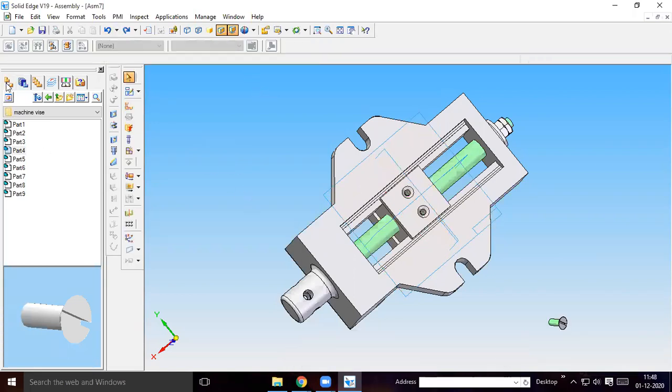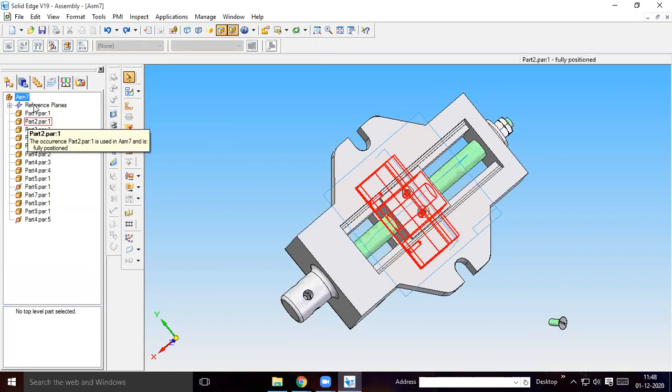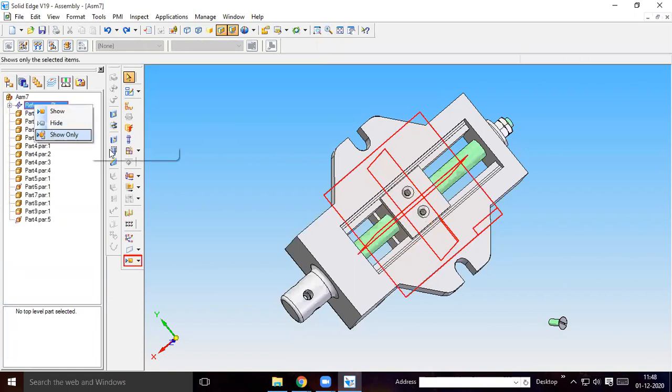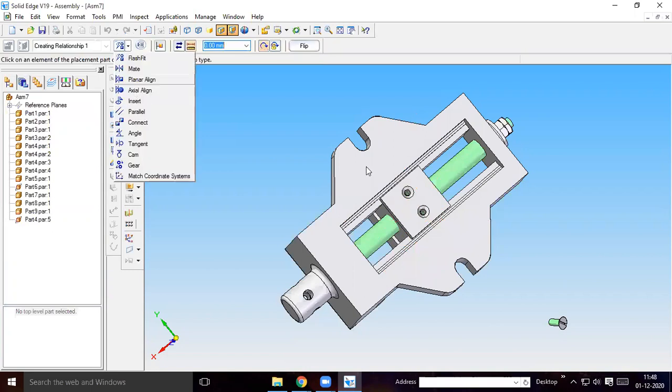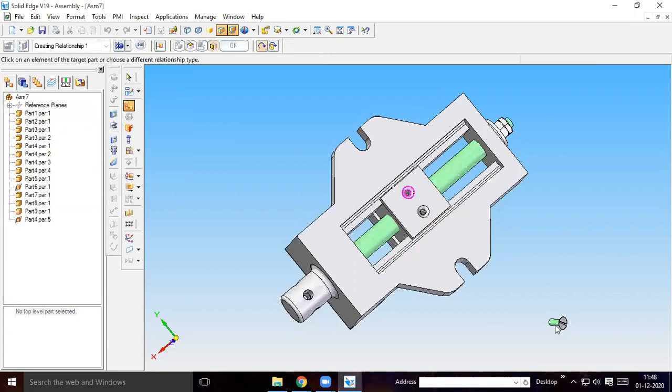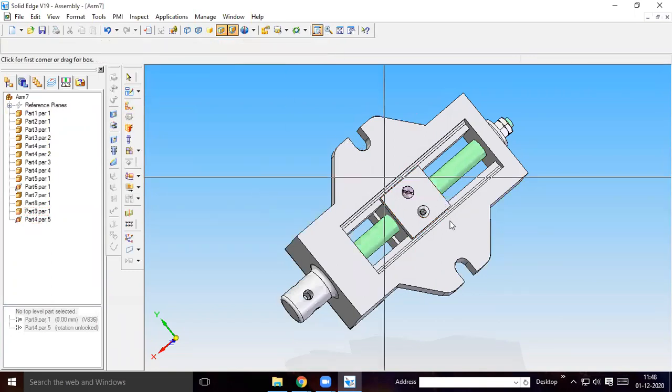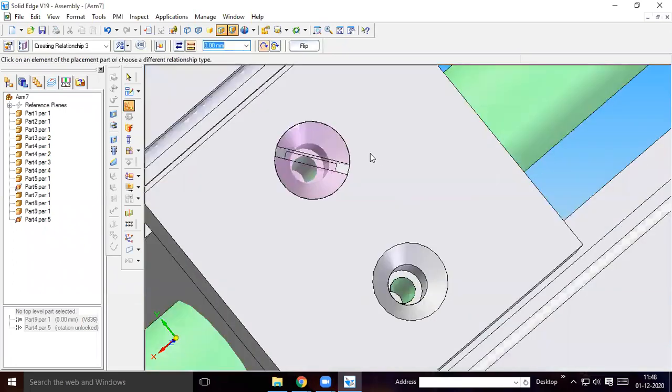Use select option again. You can hide the plane for the time being so that you can select it properly. Axial alignment of this hole with this. Then flush fit of this with this, and again in order to align properly, that alignment is for better visibility. Even if you do not do it, that's okay.